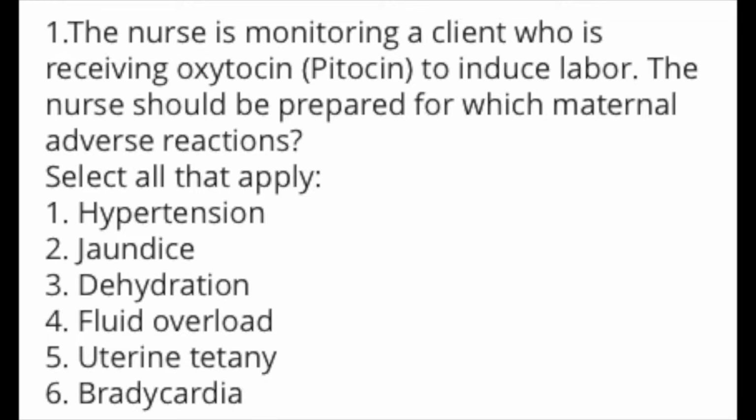For select all that apply questions, I'm going to put a sample up right now so that you guys can see, for anyone who has not started a nursing program. It'll give you an idea of what I'm talking about. There's the question, and then underneath that there may be 5-6 options, and you have to select all that apply, which means that at least 2 of those,